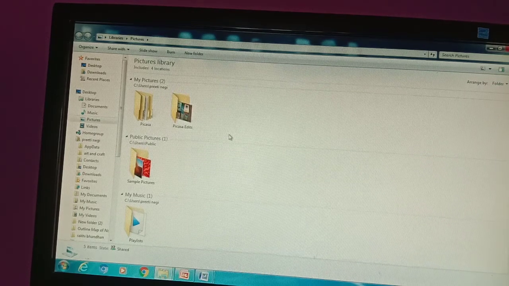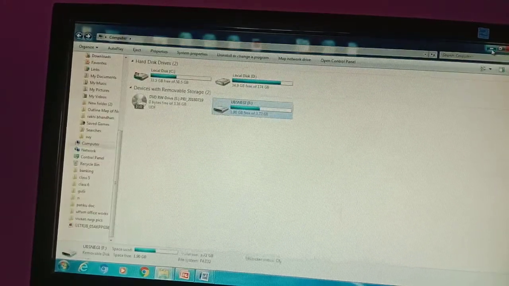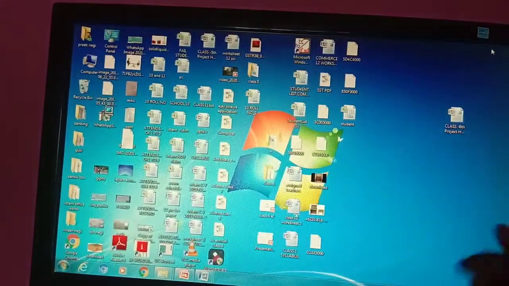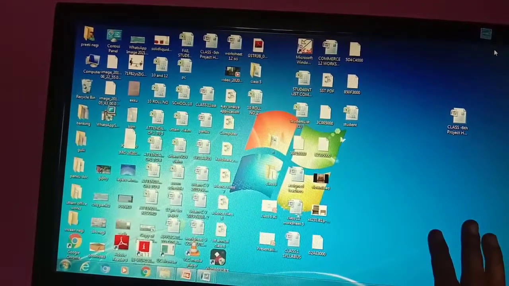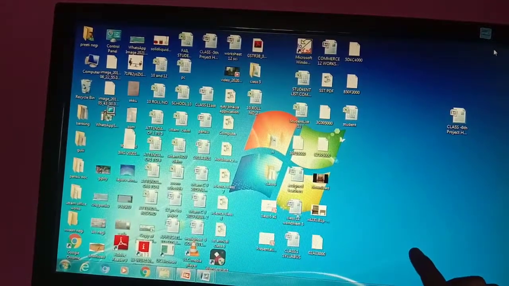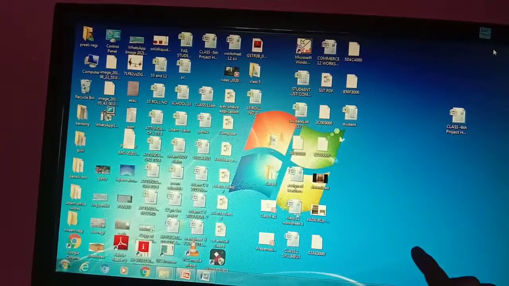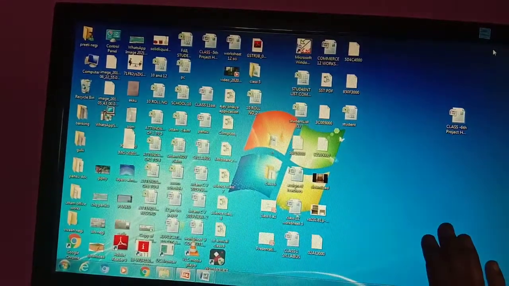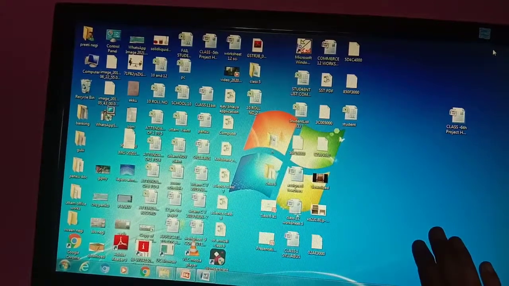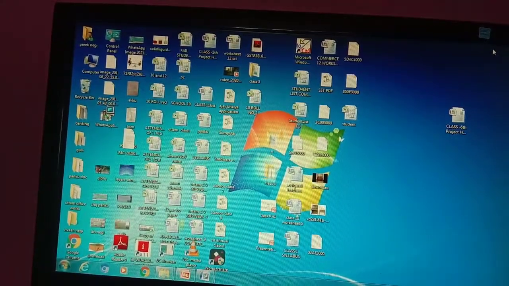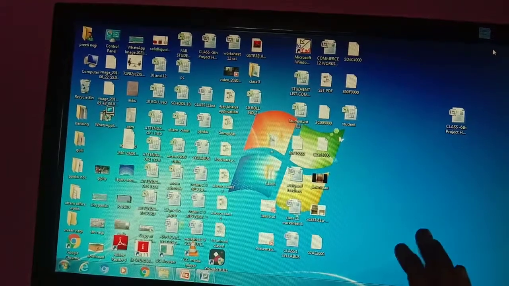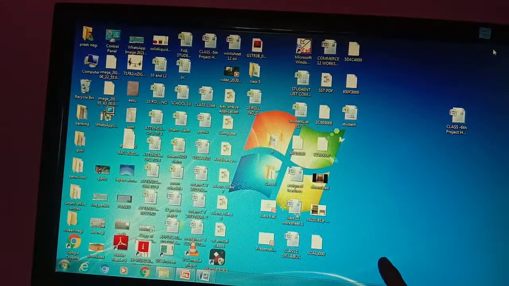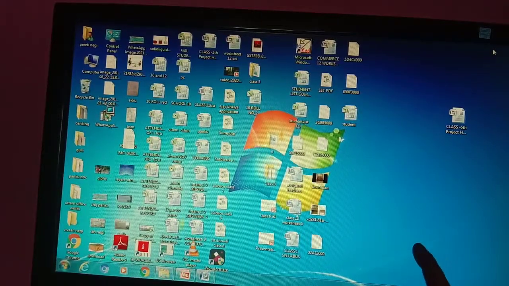This Windows is giving you the facility of a touch screen also, like you can touch the screen. This is not a touch sensitive screen. If you have a touch sensitive screen, the hardware also has to be like that. Windows is giving the facility, Windows is supporting it. Okay, this system I have, this is my Samsung monitor.